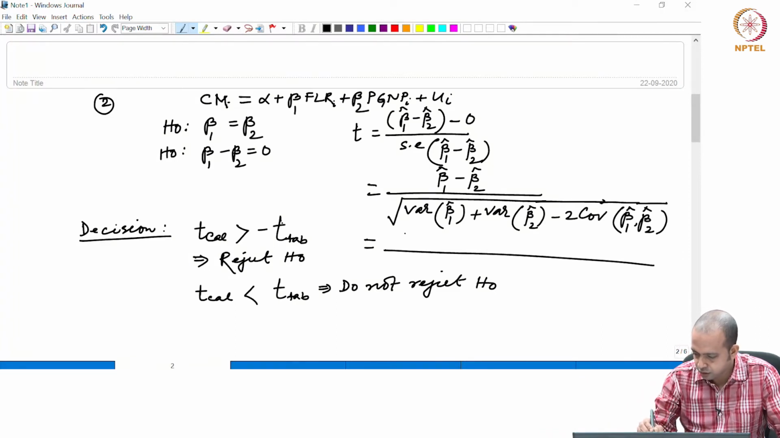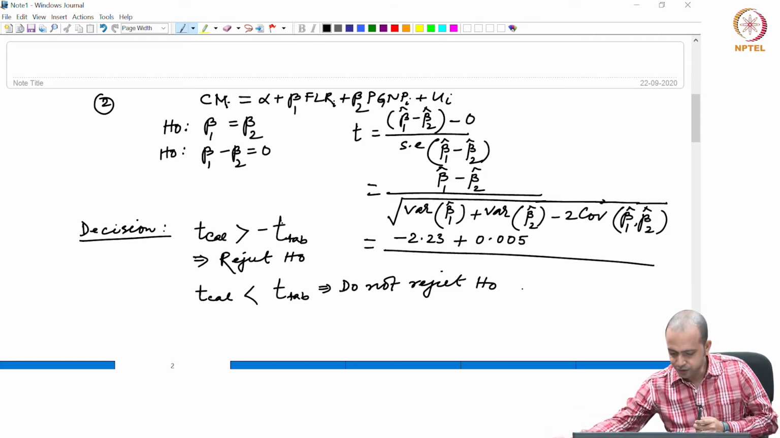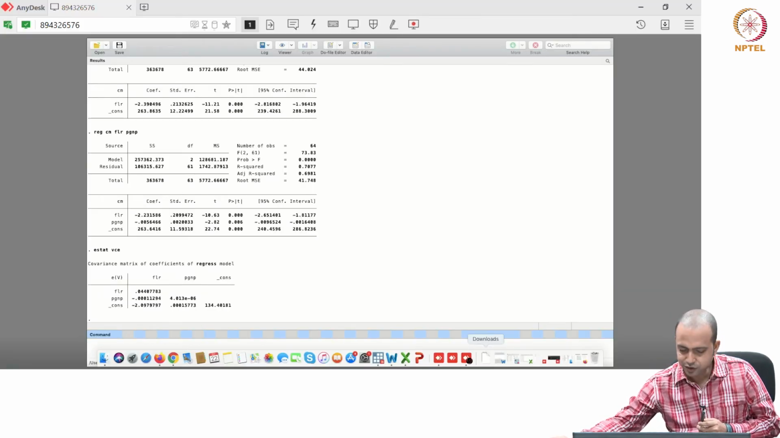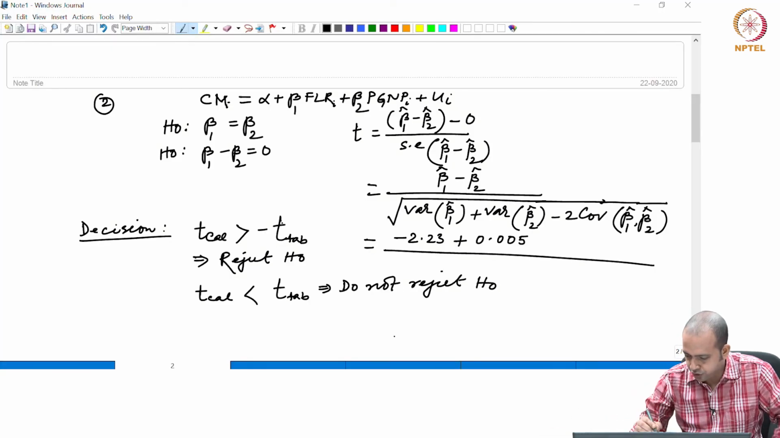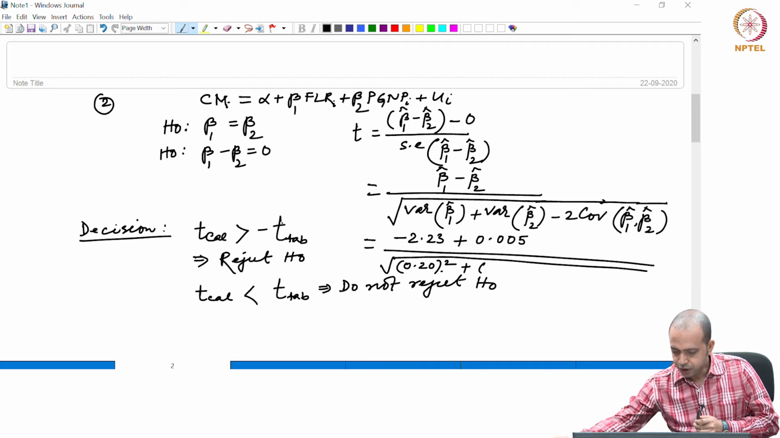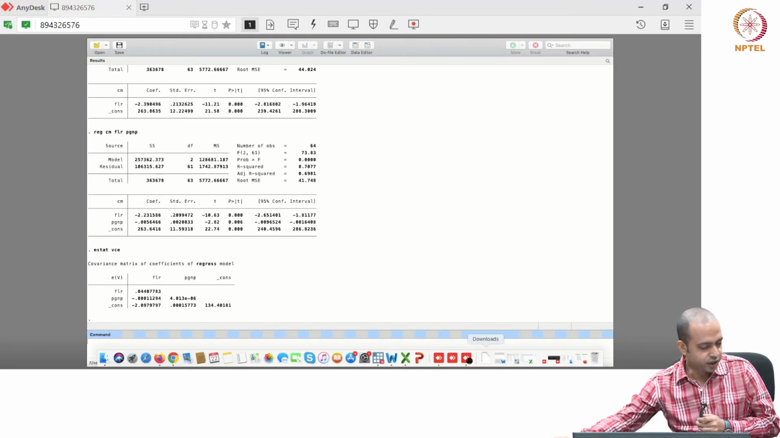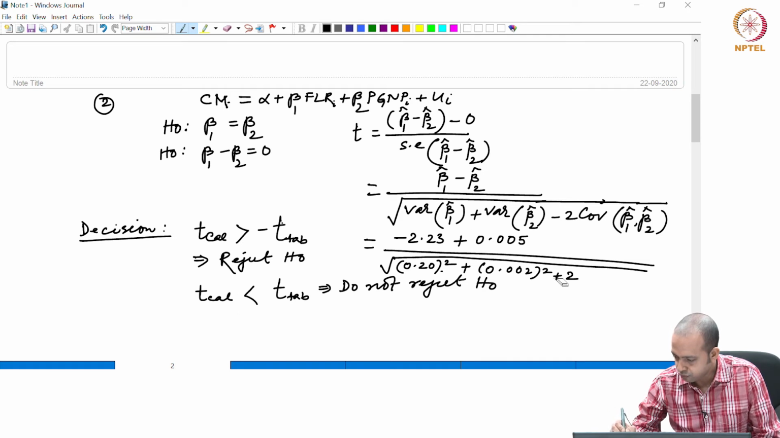So, minus 2.23 plus 0.005, I think that is the value, 0.005, yeah, and then divided by 0.20 whole square plus 0.002 square, plus 2 into, sorry, this is minus actually, minus